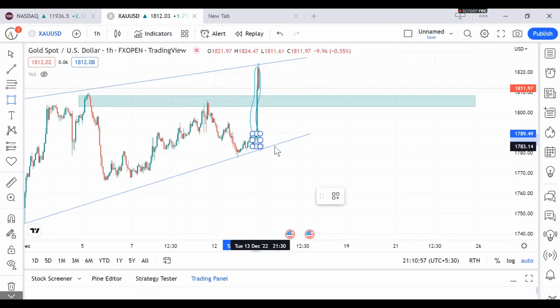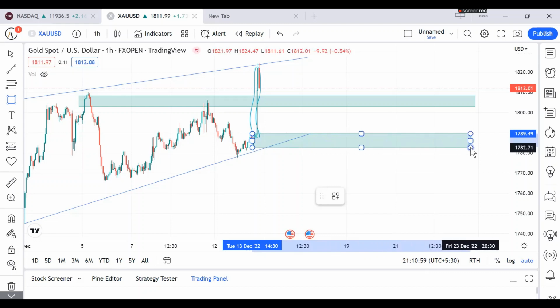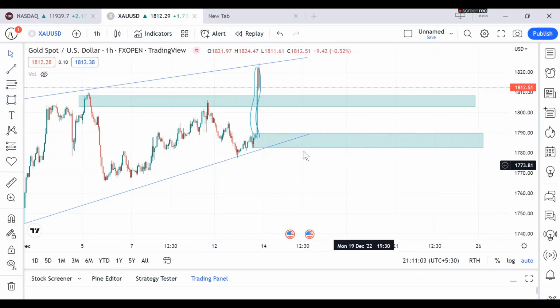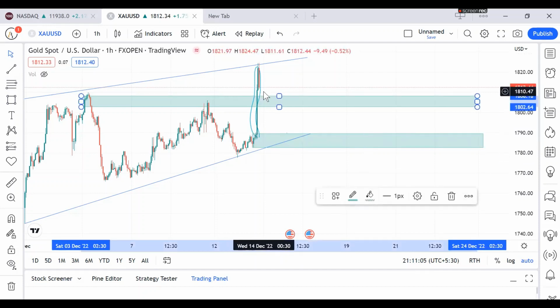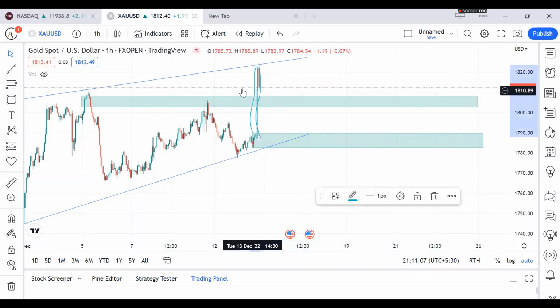We can highlight this level here as a demand zone, so that if the market doesn't retest this one, at least we're going to be able to trade this demand zone here. All right, because guys,